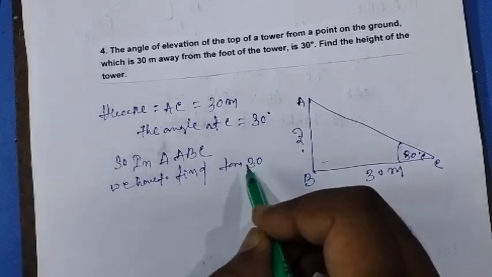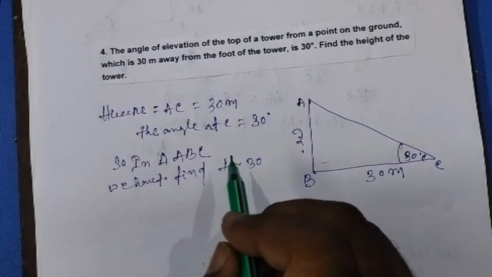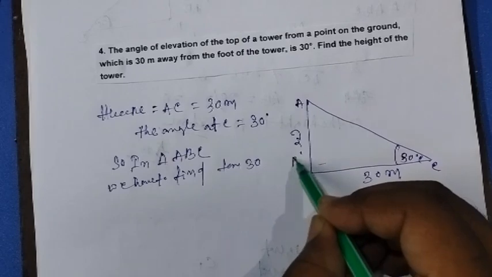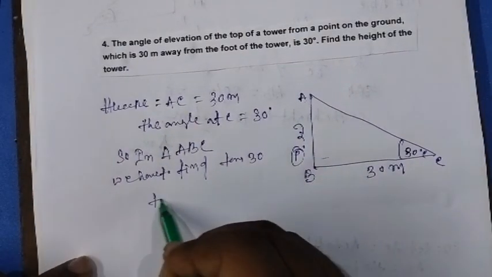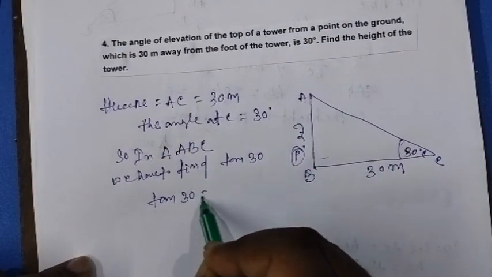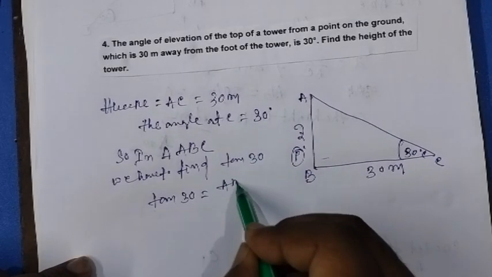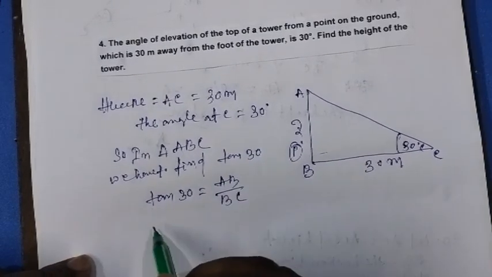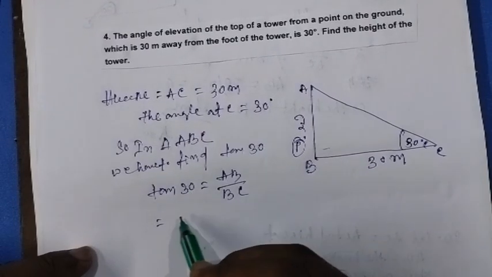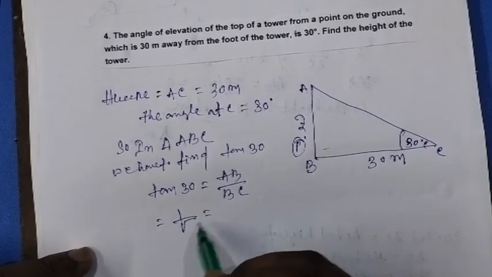Why tan 30? Because we have to find out P, the perpendicular. So tan 30 is equal to AB by BC, or 1 by root 3